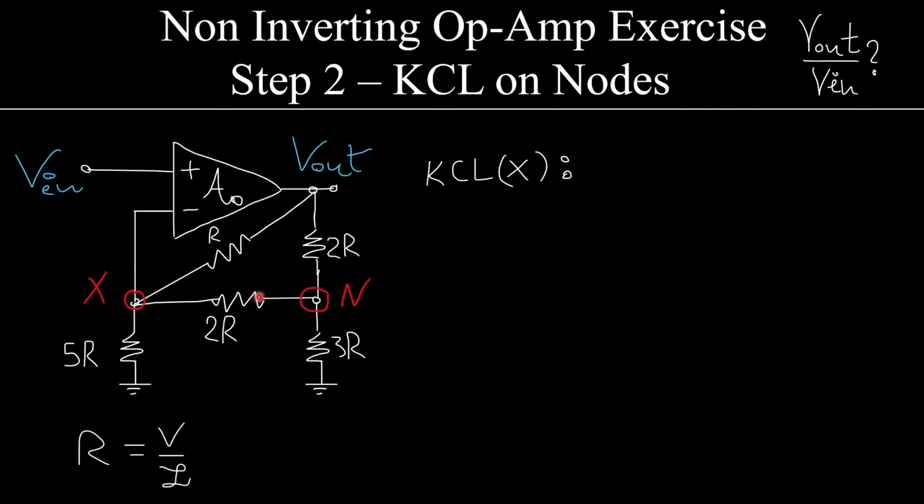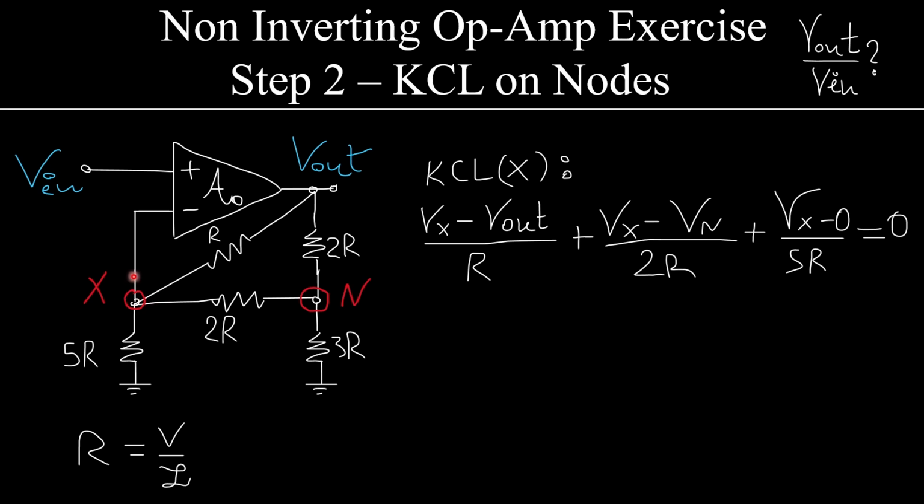Doing KCL on X, I resist the temptation to write currents I1, I2, I3, I4, I5, and things like that. I will write it in the form of Ohm's law. So, for example, R equals V over I, therefore I is equal to V over R. Therefore, doing a KCL on X, I'll say that we have the following. Vx minus Vout over R is the current flowing from here to here, plus Vx minus Vn over 2R, the current flowing from here to here, plus Vx minus 0, the voltage of the ground is 0,